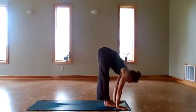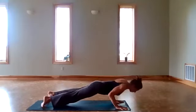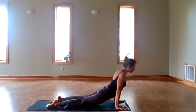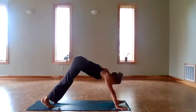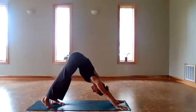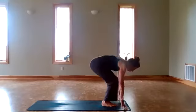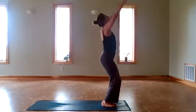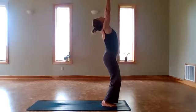Inhale, lengthen, looking up. Exhale, chaturanga or plank. Inhale, up dog. Exhale, down dog. Right away, feet to the hands, bend the knees, lift the arms into Utkatasana, stay here, palms flat together, maybe gazing at the thumbs. 1,